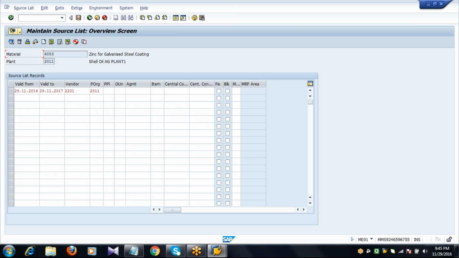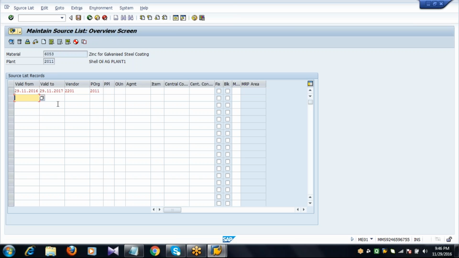Press enter. So it means if you want to purchase this material from this plant from so and so period to so and so period, the system will accept to create PO to the vendor 2201 only.